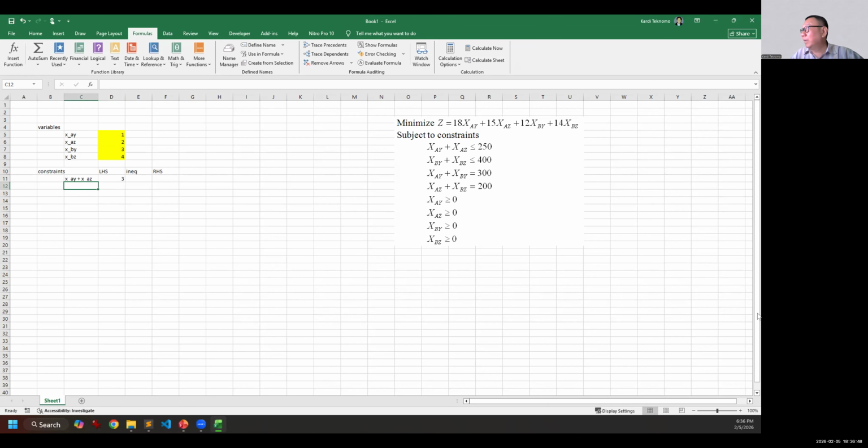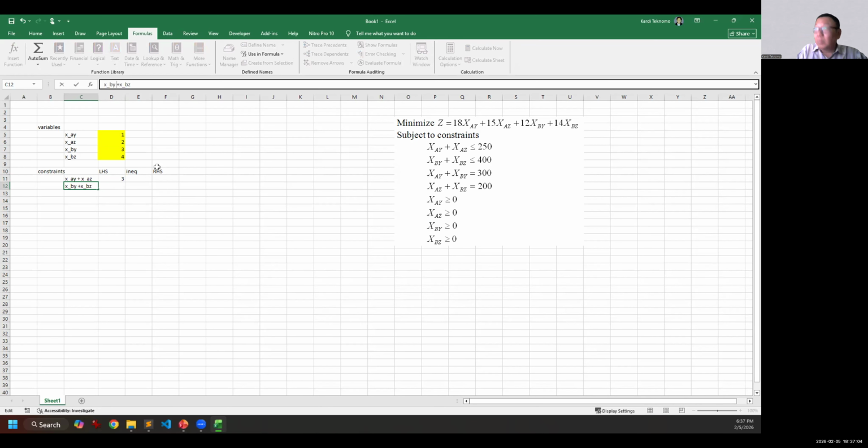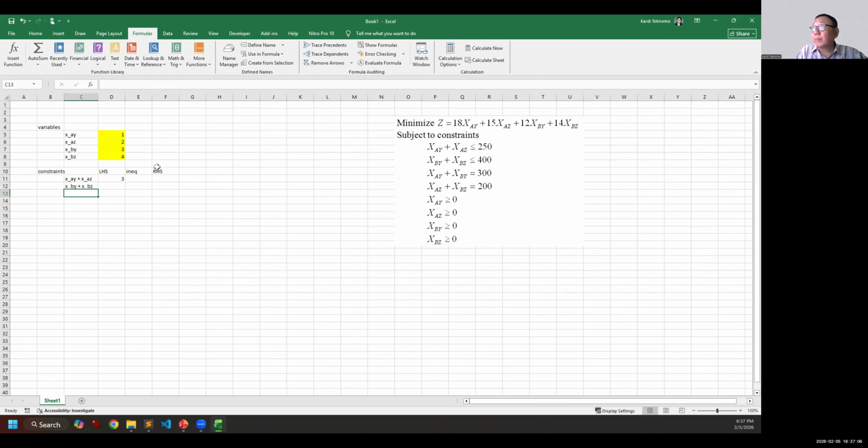What is the next constraint? x_by plus x_bz. And then okay, let me x_ay plus what is this?